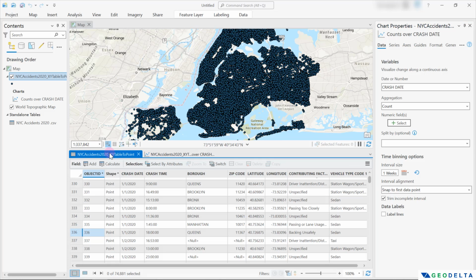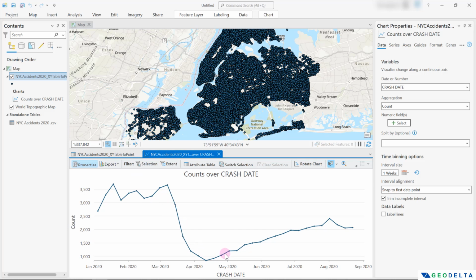As long as you have a column which shows either date or date and time, you can create your own time series graphs and make interpretations based on the datasets that you have by creating this kind of a line chart. Alright guys, with that, let's move on to the final example that we are going to talk about today